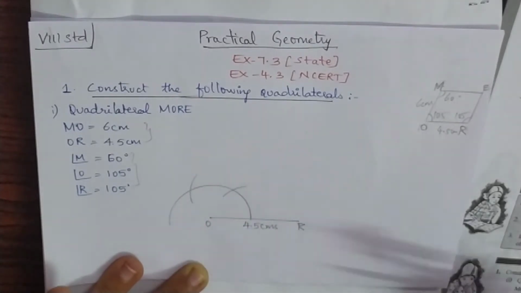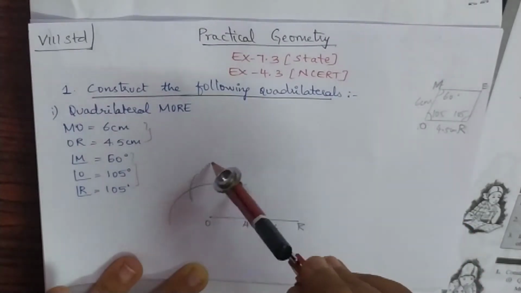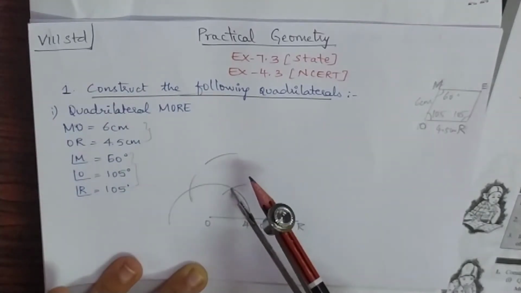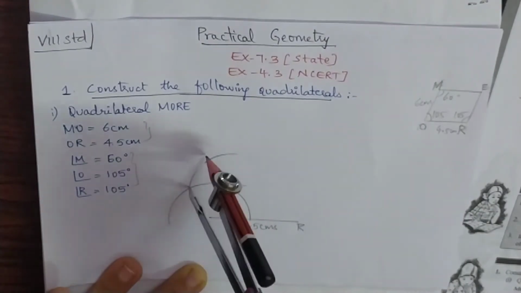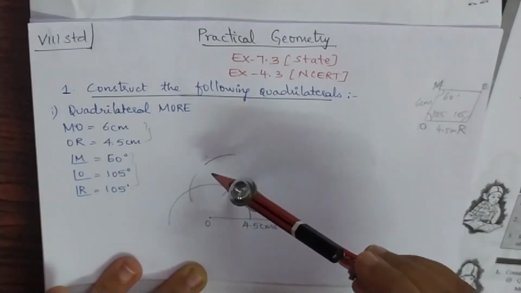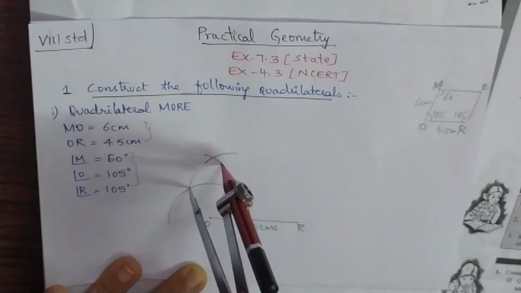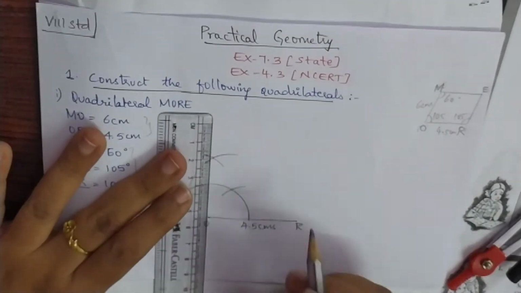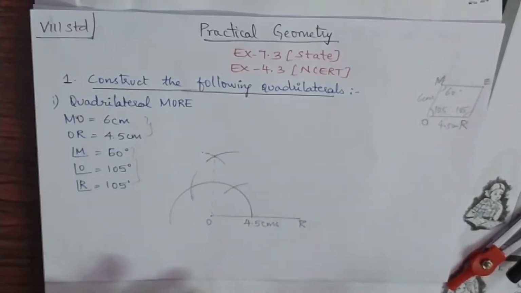Now between this comes 90 degree. So with the same measurement 120, this is 120. I am going to take an arc from this end, one arc up, and from this end one arc up. Remember, same measurement. Okay. Now this is 90 degree. I am just drawing a dotted line because we do not need 90 degree.